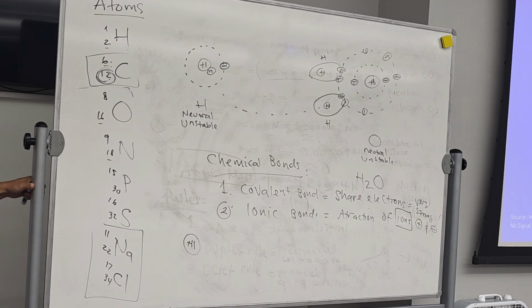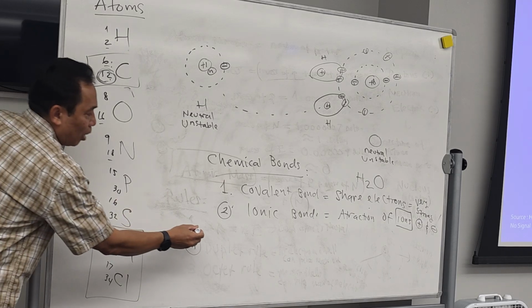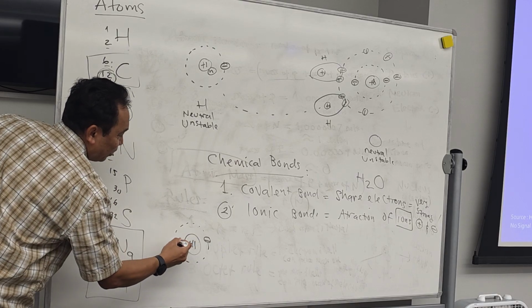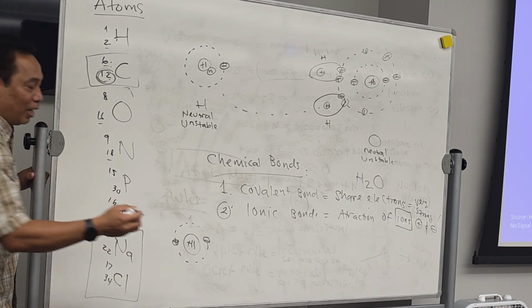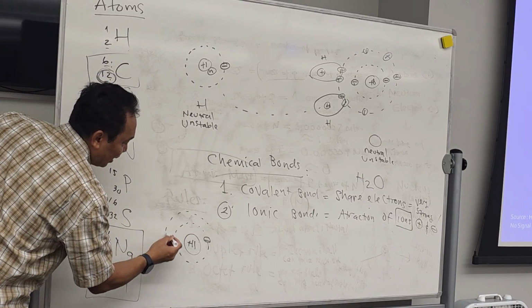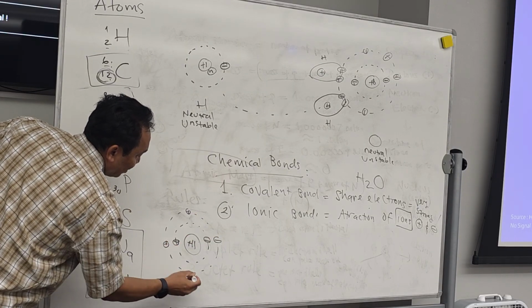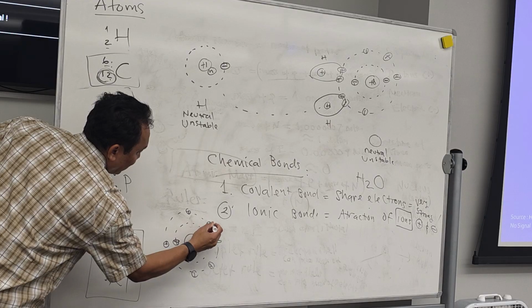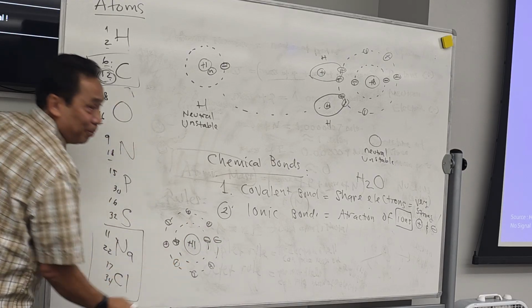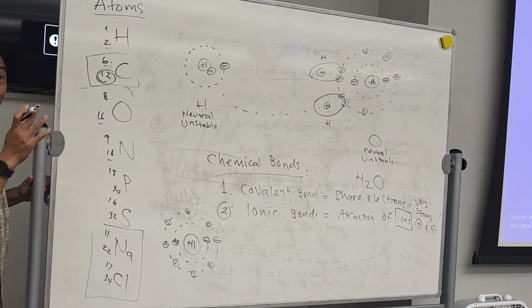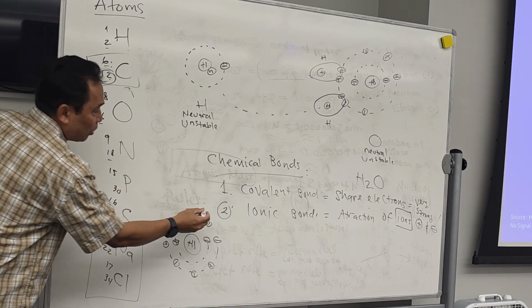How many electrons? How many are you going to put in the first shell? Follow the rule, right? 2. How many in the second one? 8. 1, 2, 3, 4, 5, 6, 7, 8. How many total so far? You still need one more, right? It's going to be on the last one.